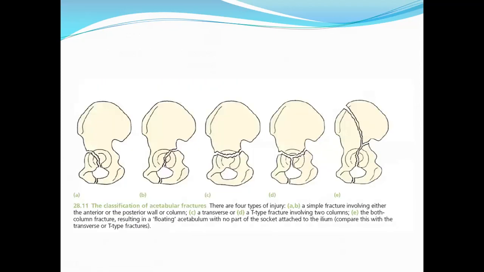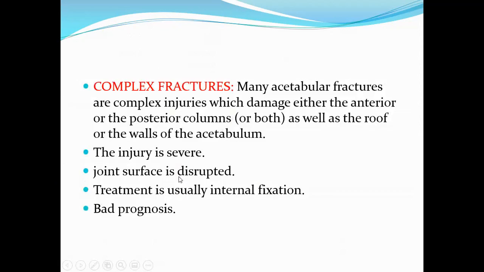fracture. Let us see it. This posterior column starts from the sciatic notch and goes along the posterior column of the acetabulum and takes its pubic ramus, so it will affect the weight-bearing area, so it is a very unstable injury and should be treated